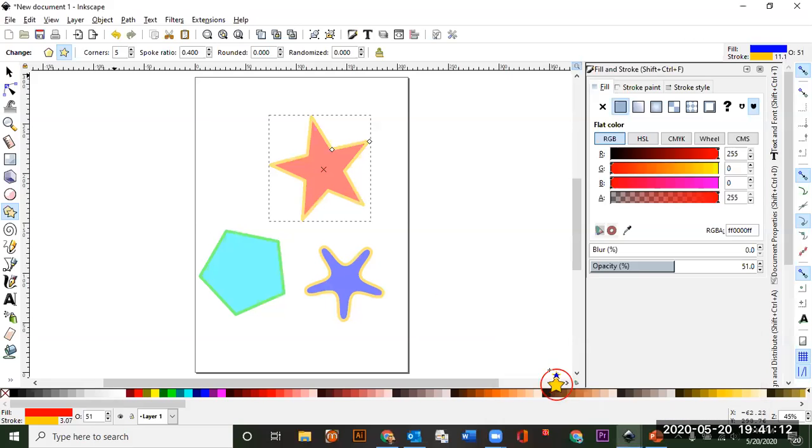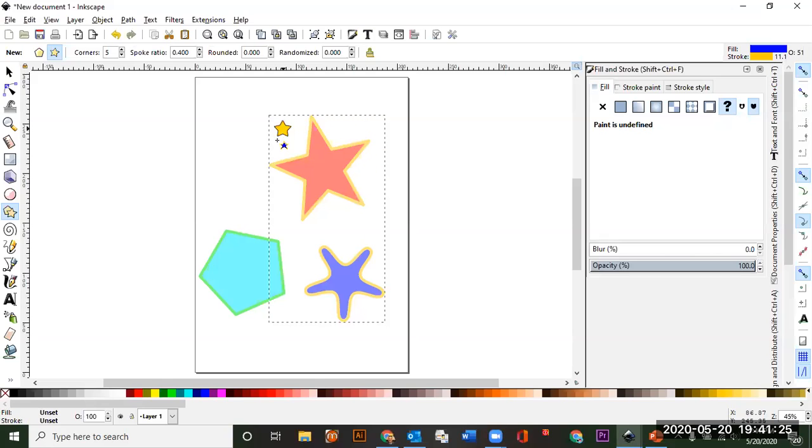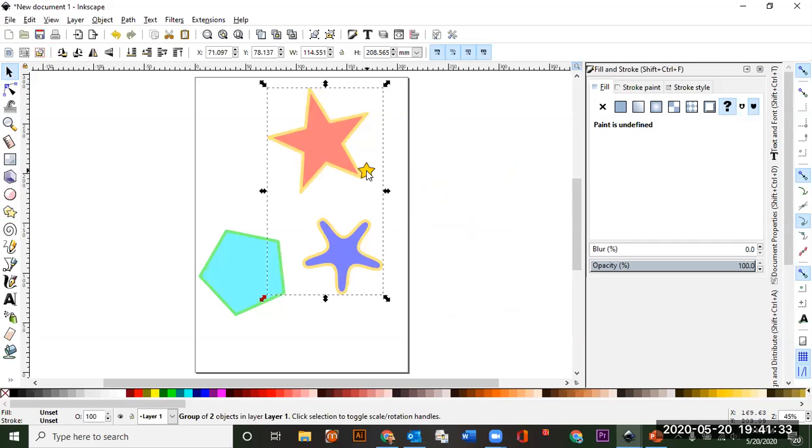So the example is this one right here. I have the one star selected. I can hold down the shift key and select the other one, and then I can choose Object, Group. Now the two of these are in one group, and you'll see the rectangle around it. I can move them together, or I could clone both of them. I can make multiple copies, and they'll stay that distance apart, and that ratio, whatever is moved. So there's loads of things you can do with the group command, and it's very, very useful for certain things. Again, it's just holding down the shift key on your keyboard